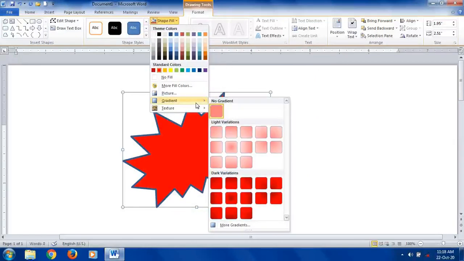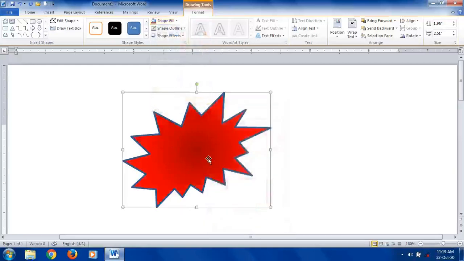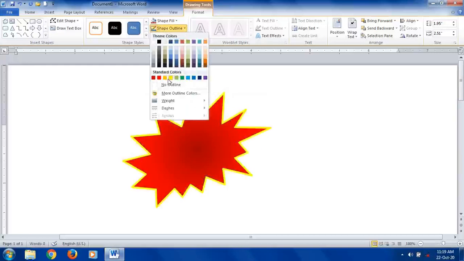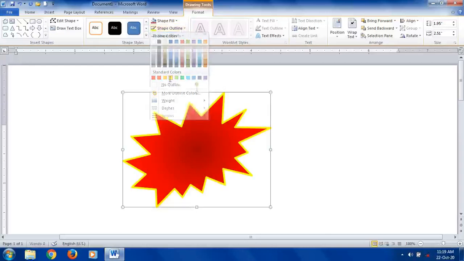Then I don't want this blue color for the outline. I want to keep a yellow outline for better attraction. Now the shape is looking a little bit attractive.